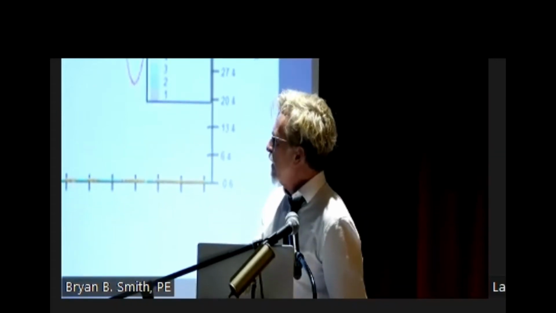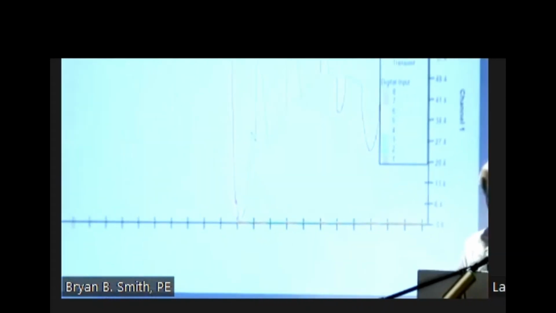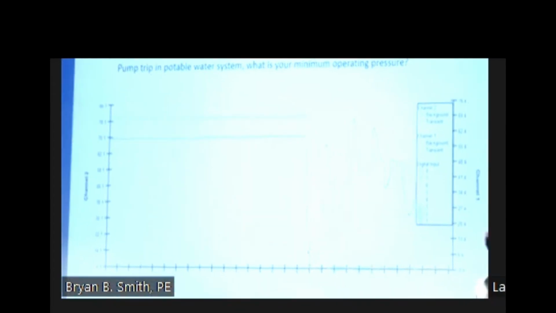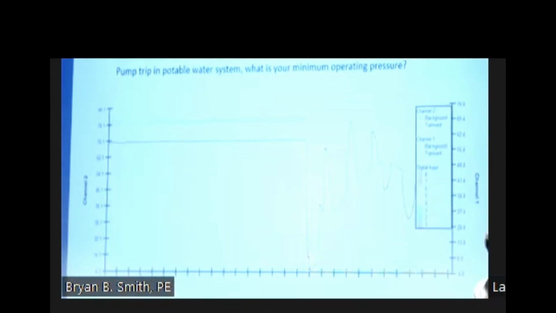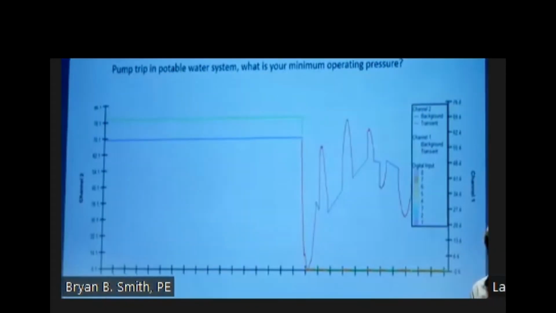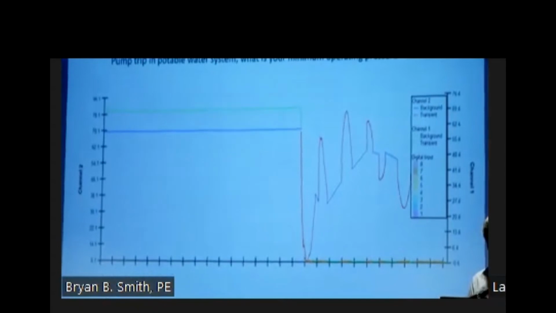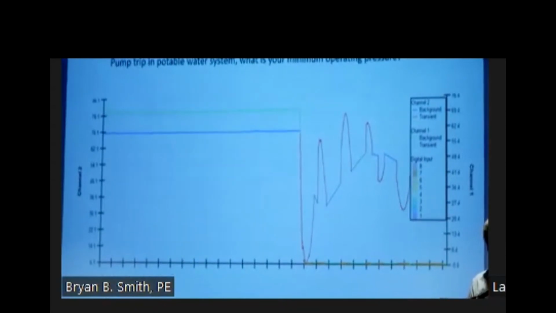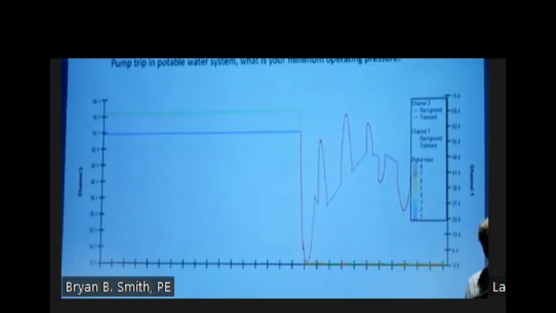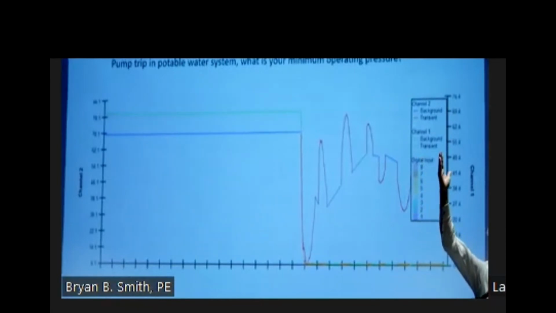When we're running a water system and it's like, I'm just going to turn off the pump, everything's going to be fine. Well, in this scenario, potable water at 70 PSI, when you turned off the pump, it went from 70 PSI to 6.1 PSI. Potable water, what are we supposed to maintain? A minimum pressure of 20 PSI.